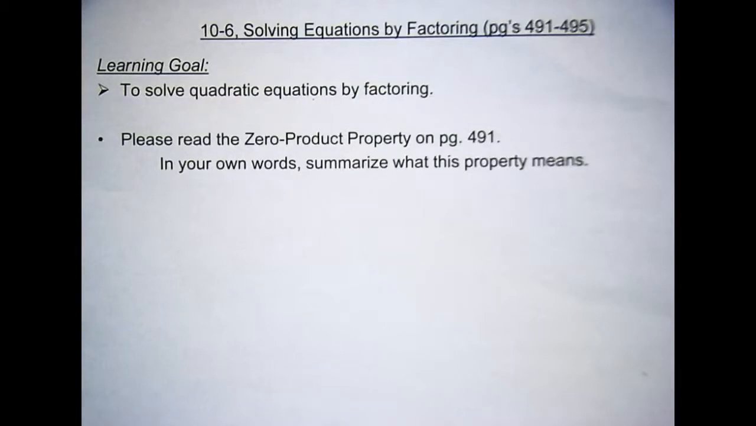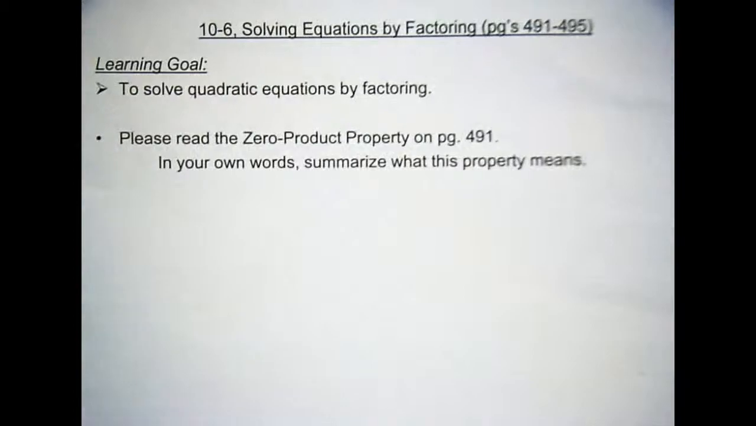We don't need to read the zero product property on page 490. I'll actually summarize that for you, just because I don't want to have to dig out the textbooks, but copy down the title zero product property and be ready to define that there. All right, zero product property. Zero product property says if you multiply A times B